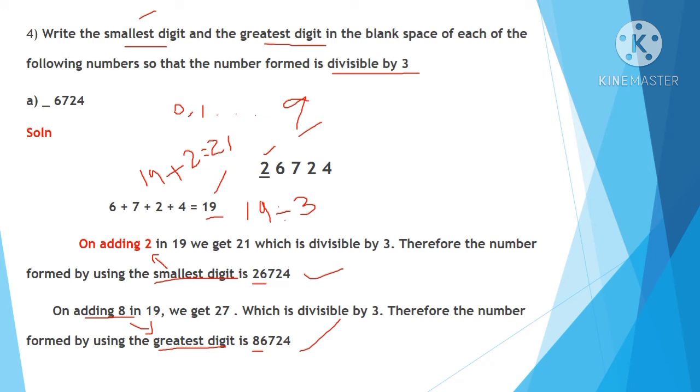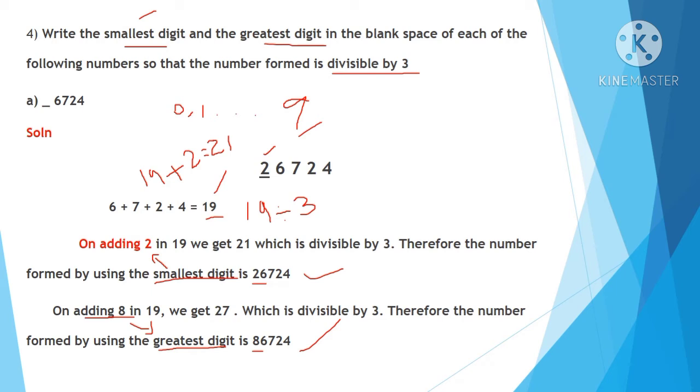So when we see the problem, you can understand, children. While I'm explaining the problems, I'll explain in a little more detail. The first thing you understand from the question is that you want to add the smallest and the greatest digits. First we add the smallest digit, and second we add the greatest digit. After adding, that answer should be divisible by 3. According to that only we add the smallest and greatest numbers. Understood?